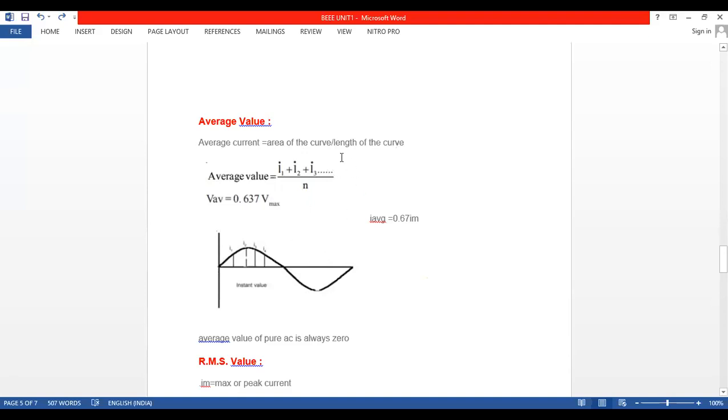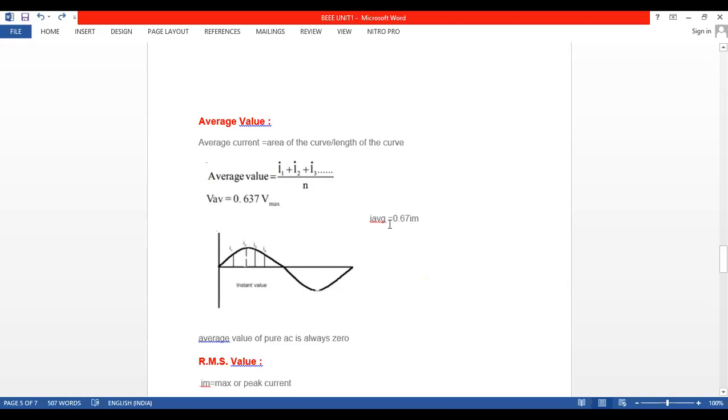We will see this one in the mathematics. So remember one formula. We will derive this one in the second unit. Average current value is 0.67 into maximum value, Im. The second one which I am highlighting right now, that formula you remember: I average equals 0.67 into Im. You can ask one question, sir, why should I remember 0.67 only? There is one derivation. Whether it is there for you in the syllabus or not, we'll see. But the extra point is the average after the definition, area of the curve by length of the curve. Length means what it is traveling, from minimum position to maximum position.